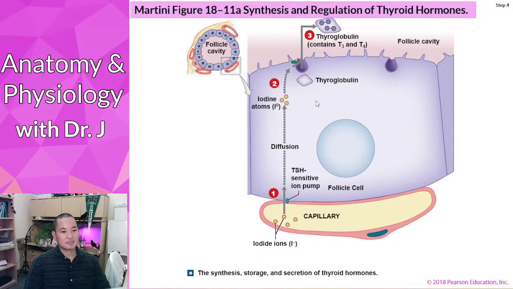Now, thyroglobulin is a protein, and this is why thyroid hormone doesn't quite neatly fit into monoamines, peptides, or steroid hormones. For one, it's not based off of cholesterol, so it's definitely not a steroid. But it also involves a protein at one step. And this thyroglobulin has a lot of tyrosine residues. That means it has a lot of the amino acid tyrosine in the chain of amino acids that make up